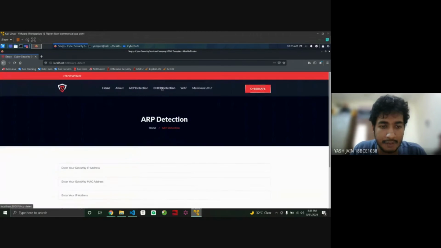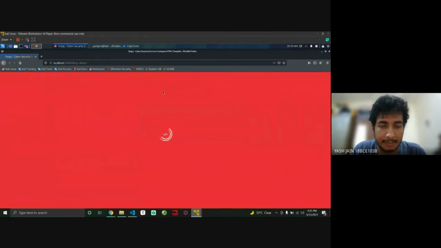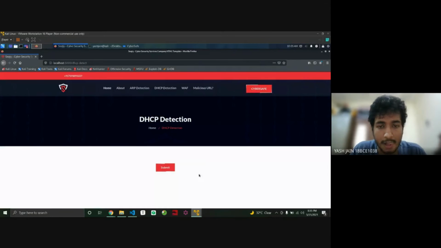The next one that we are going to do is the DHCP detection. Now, in DHCP, we know there is a DHCP server, and it maintains a file called the DHCP leases file. The DHCP server stores the records of the IP addresses which it assigns to the machines in the local area network.